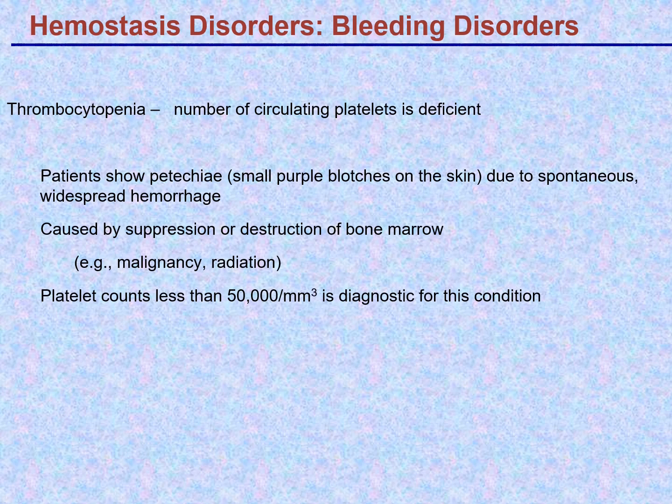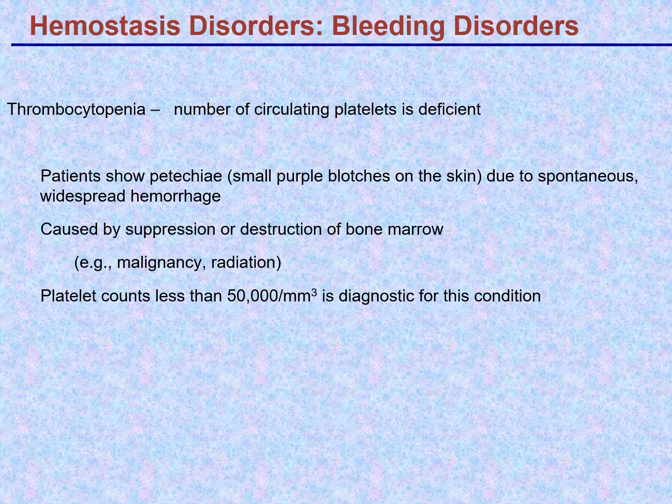It's because, as I said, you often bleed. Bleeding occurs all the time and is quickly stopped by vascular spasm and platelet plug formation. But someone who does not have adequate numbers of platelets can get this kind of bleeding, and evidence of that is the petechiae. It can be caused by suppression of bone marrow or destruction due to treatments such as